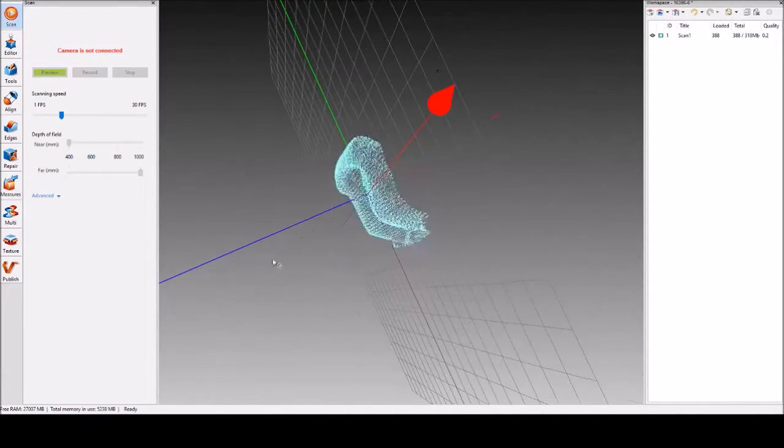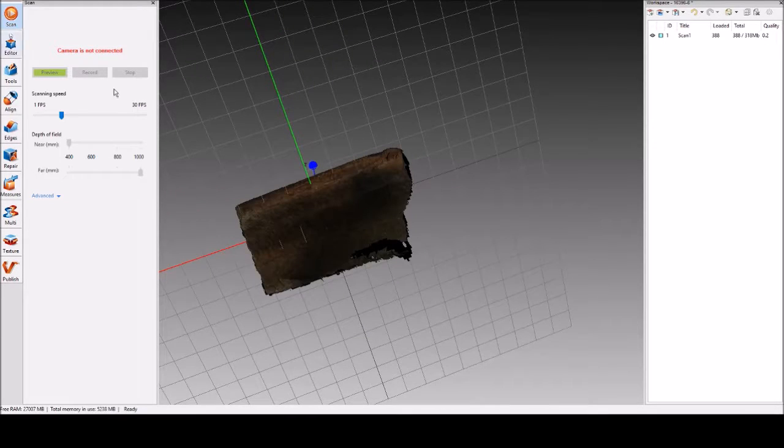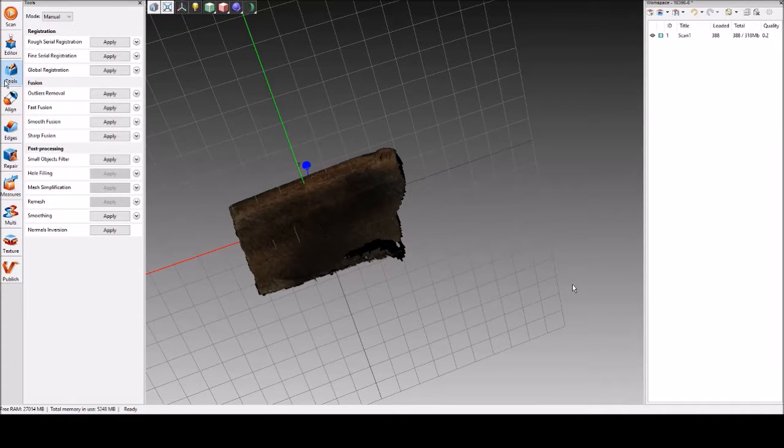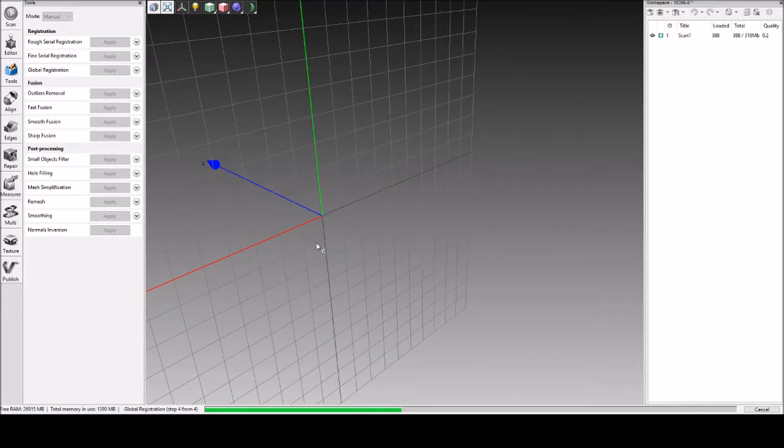And so what we want to do first is come over here to the tools window, and we want to do global registration, which is right here. What global registration does is it allows us to use many of the tools, most importantly these fusion tools. So go ahead and hit global registration, and then down here at the bottom you'll see this green bar go across 4 times. Now this is going fairly quickly because this piece that I'm working with has already been globally registered. So for your pottery, it won't go quite as quickly because it will need to do it for the very first